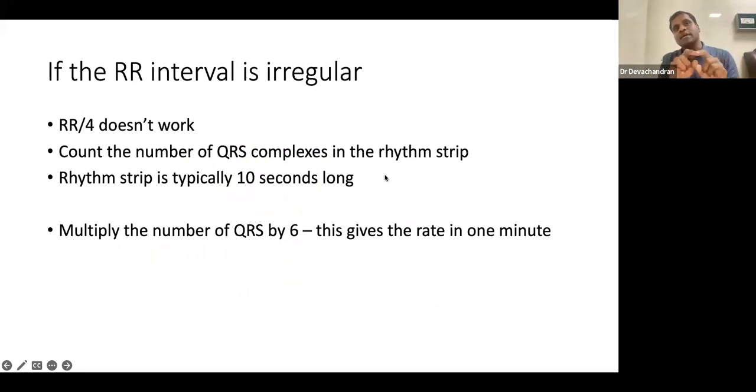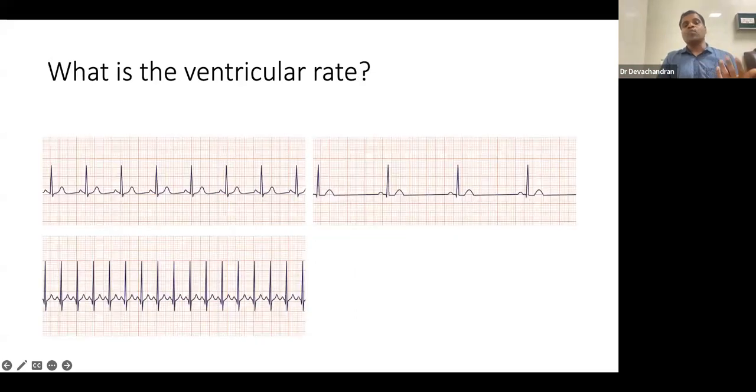Rhythm strip is the strip that is taken either separately or it is the last waveform on a 12-lead ECG. So it's typically 10 seconds long. You calculate the number of QRS complexes in the rhythm strip and multiply it by 6, you get the heart rate. If the RR interval is irregular, this is what you would use. Okay. The next one is what is the